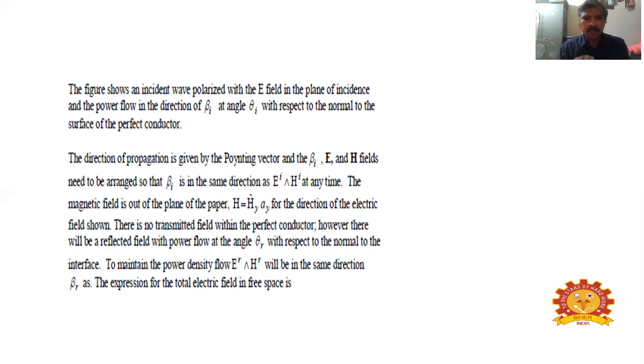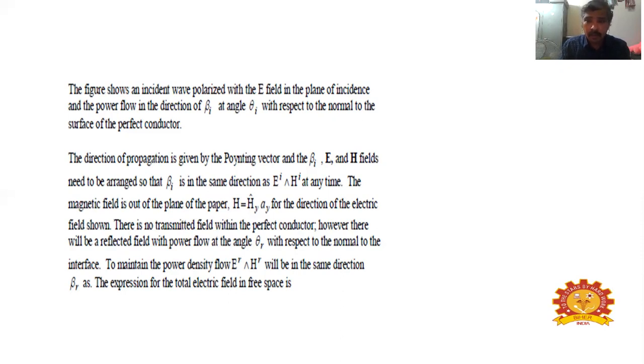The magnetic field is out of the plane of the paper. Therefore, H is equal to Hy into ay for the direction of the electric field shown. There is no transmitted field within the perfect conductor. However, there will be a reflected field with power flow at the angle theta r with respect to the normal to the interface. To maintain the power density flow, E^r and H^r will be in the